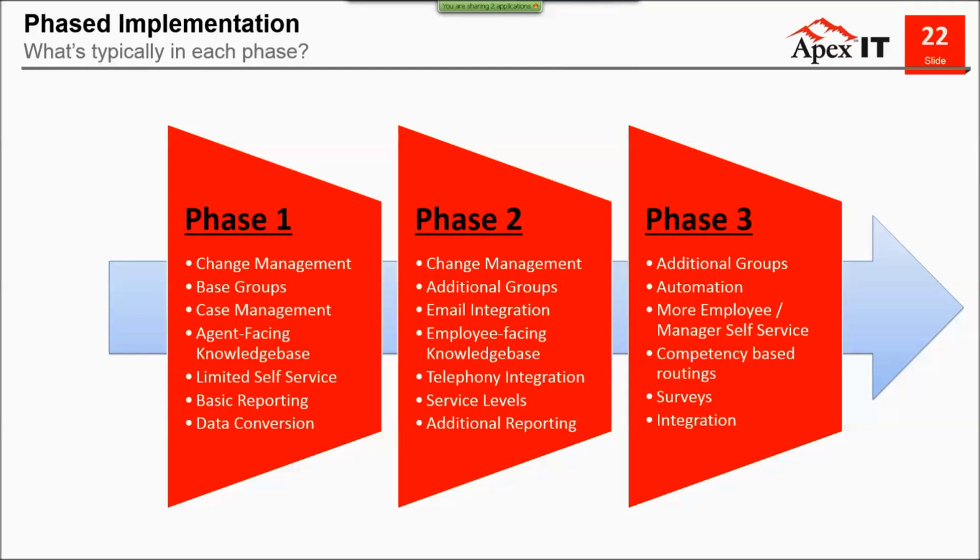So at Apex, we're big on phasing in technology. And the primary reason around this is really change management. How much change can your institution handle at one time? And we really recommend phasing in functionality as time progresses. As you can see with HelpDesk, the features and functionality are pretty extensive, and I really only scratched the surface of what it could do. So phasing in functionality limits the change so end users can move efficiently and easily and